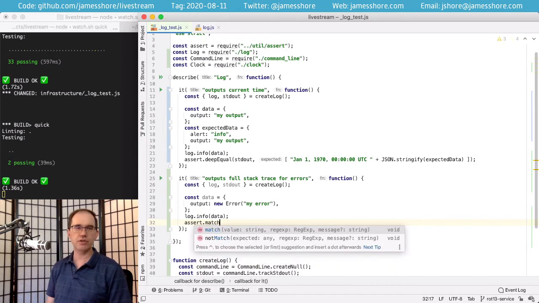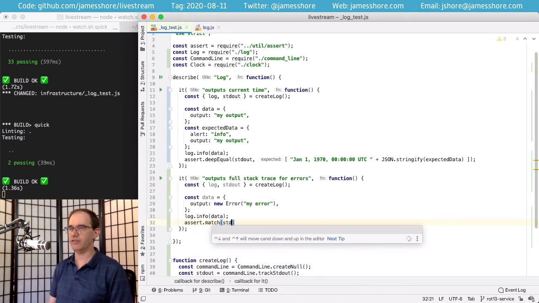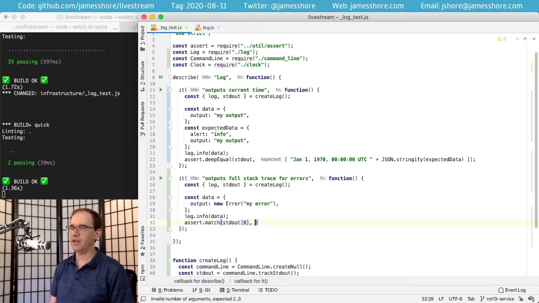So instead I'm going to use a regex here. I'm going to look at the first line of our standard out, and match it and say that yes, we do expect the 1970 and the time. And then we'll have the error.